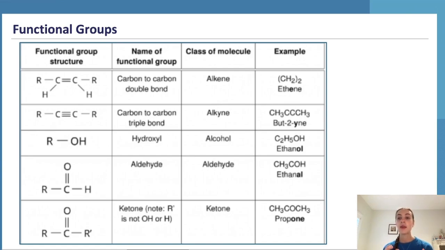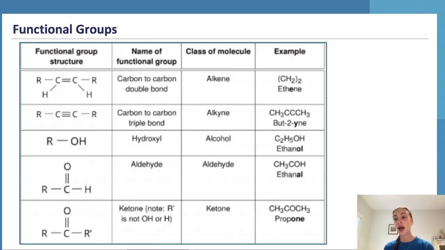And then the second carbon molecule along has a triple bond between the second carbon molecule and the third carbon molecule. So if there is a second carbon molecule and a third carbon molecule with a triple bond between them, and then the last one having another carbon on the end with 3 hydrogens bonded to it, we'd name it